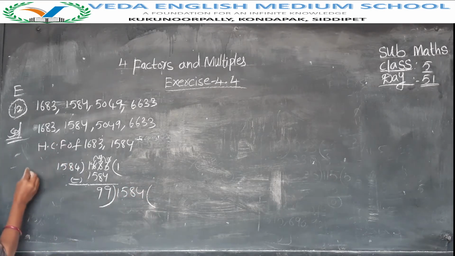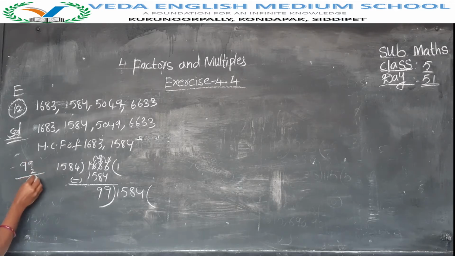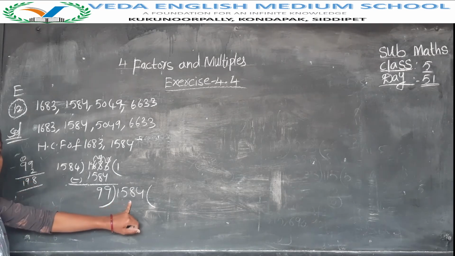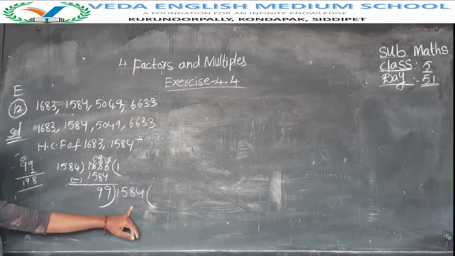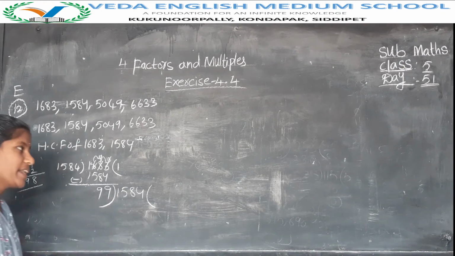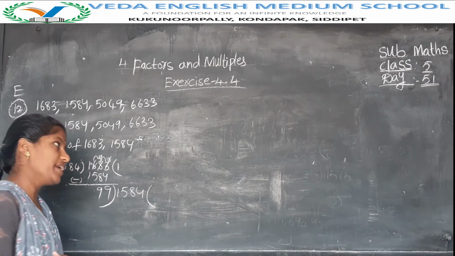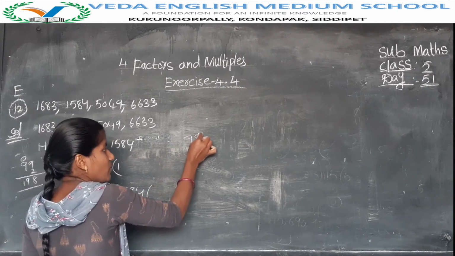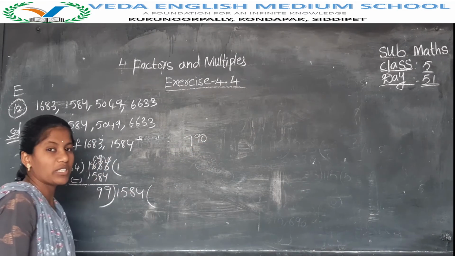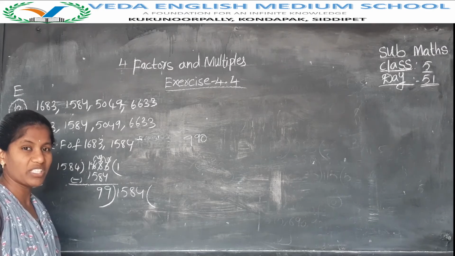Now 99 3s are, 99 2s are first. 9 2s are 18, 19. So here we need a 4 digit number. Here now in the 99 table we need a 4 digit number. When will it come? If we take 99 10s, what do we get? 99 10s will get 990 only. So if you want a 4 digit number, what should we do?